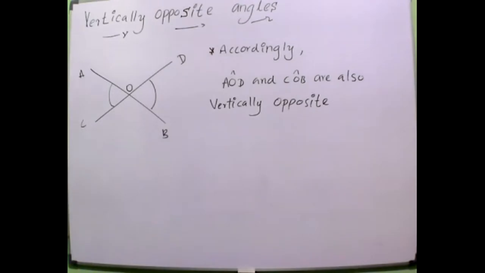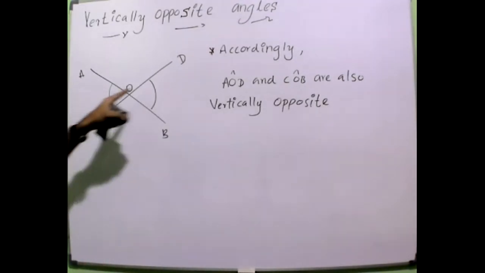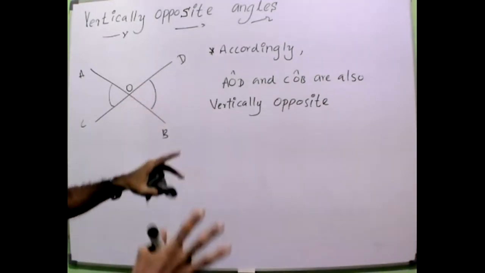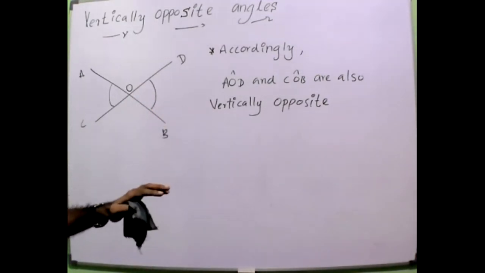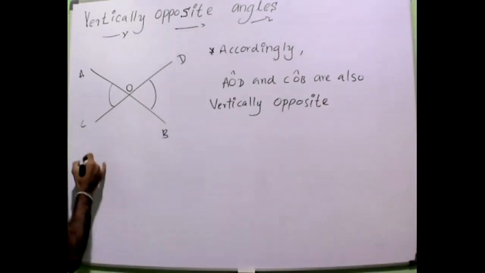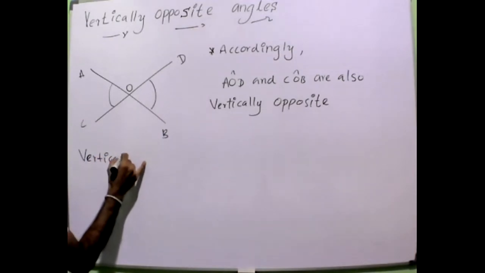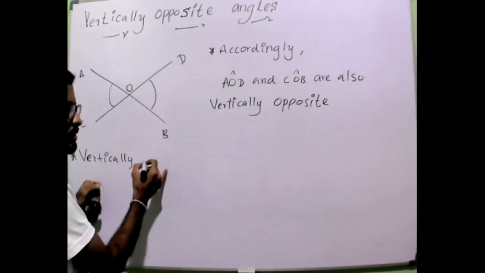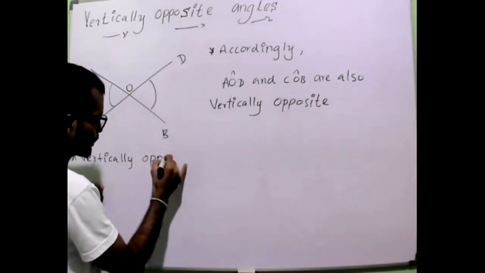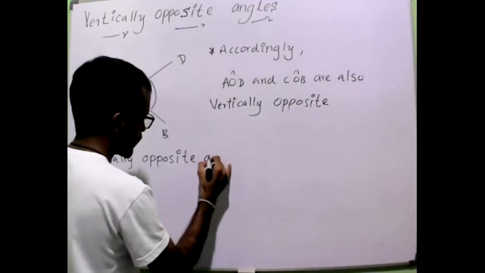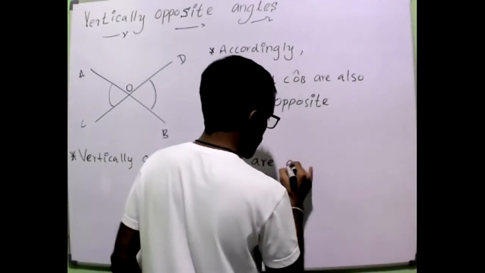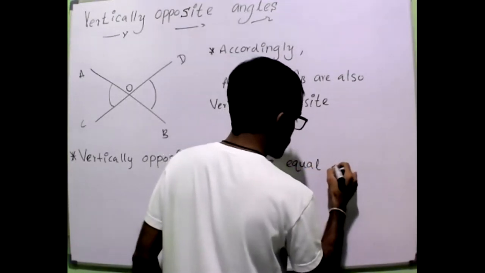Now here, what I said earlier is that vertically opposite angles are equal in size, right? So I can write out, vertically opposite angles. This is a star mark, right? Look at the star mark. Vertically opposite angles are equal